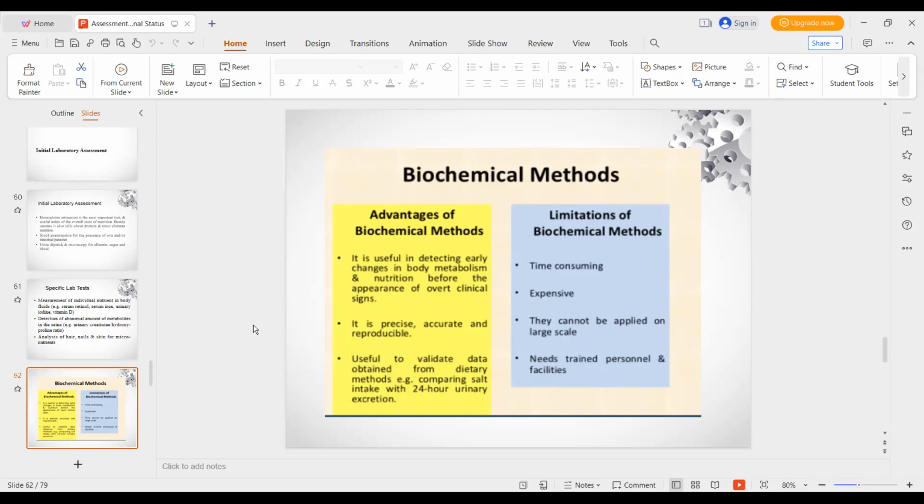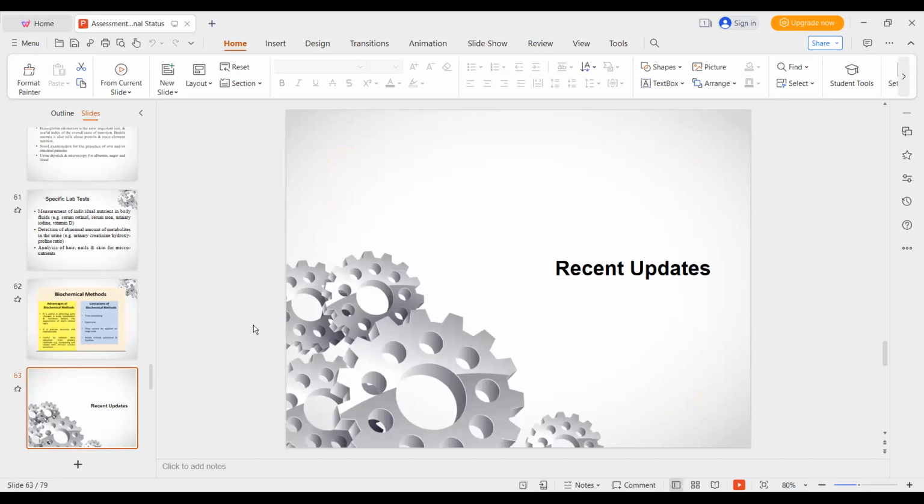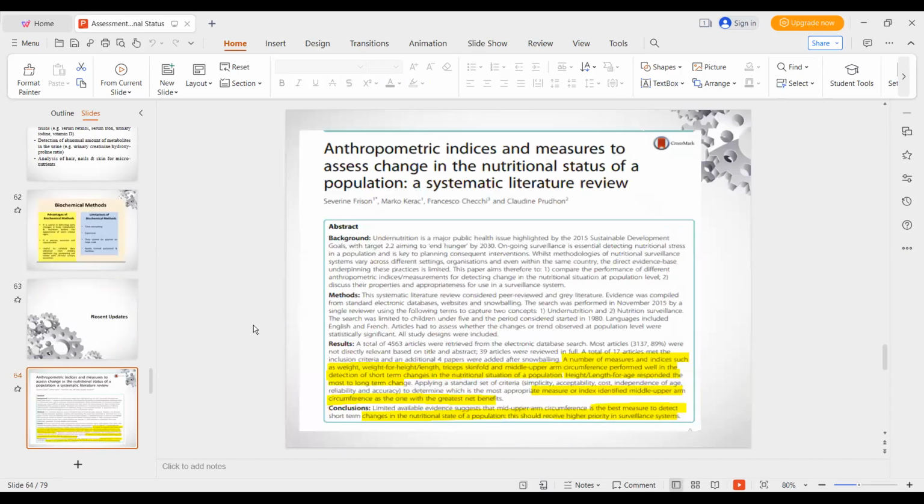Limitation of biochemical method: time consuming, expensive, they cannot be applied on large scale, need trained personnel and facilities. Then recent updates. This is the article